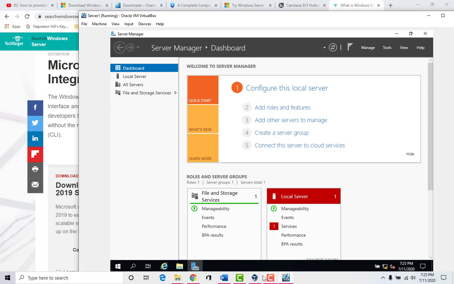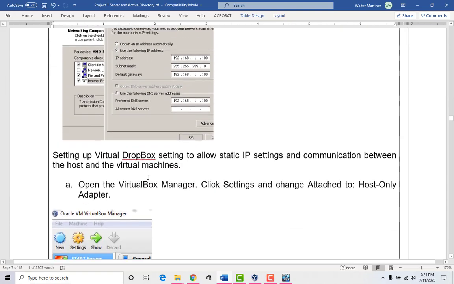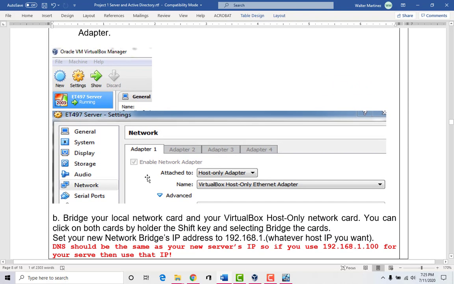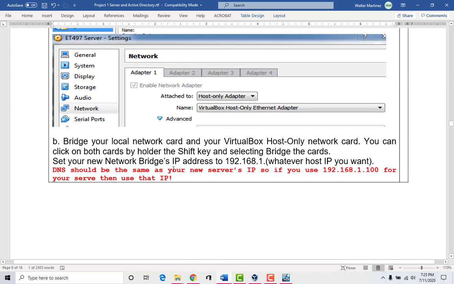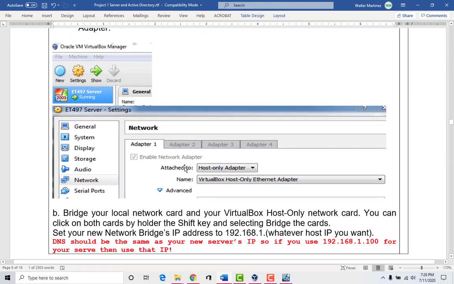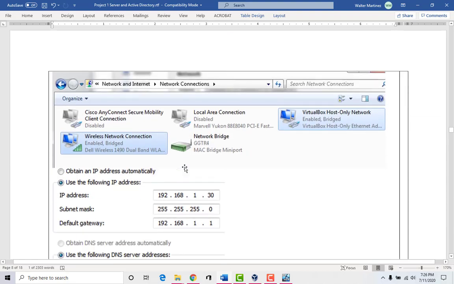Now we're able to add some roles, and we can kind of see here where the next steps are. The next steps are going to be to configure the VirtualBox so that we can have communication and do a little bit of bridging of the network cards so that we can actually allow these machines to look at the outside world if we wanted to as well.